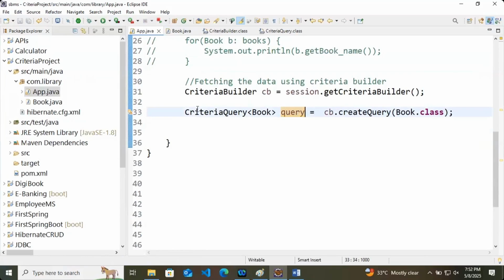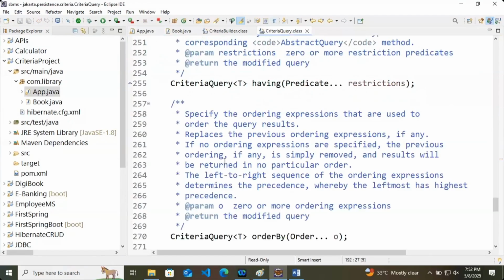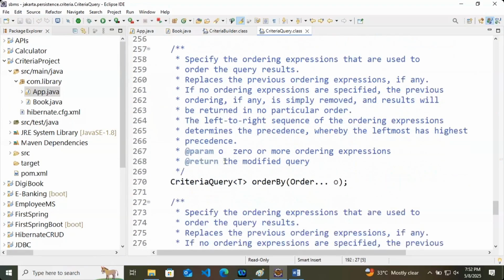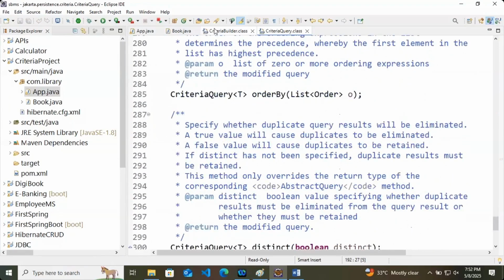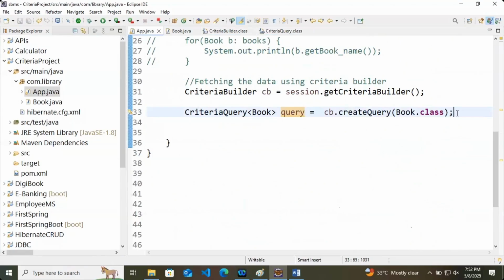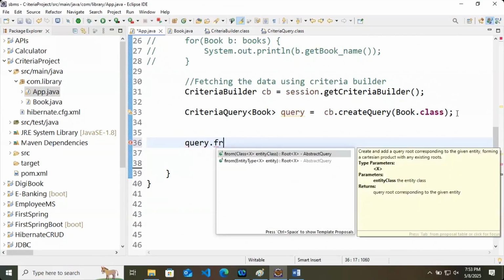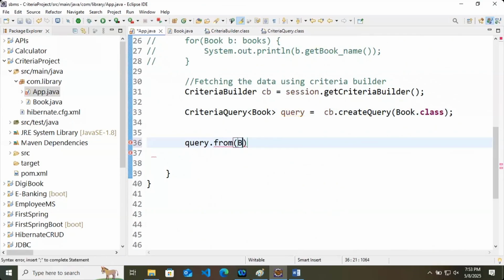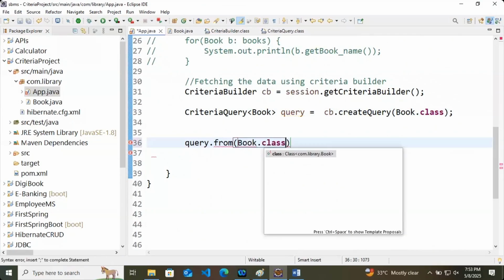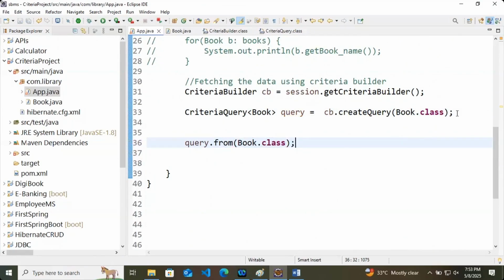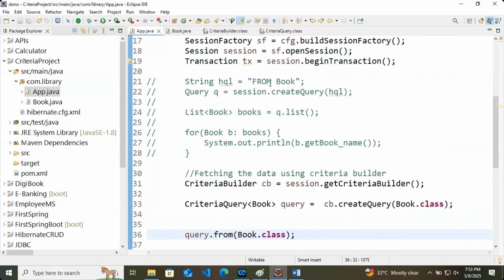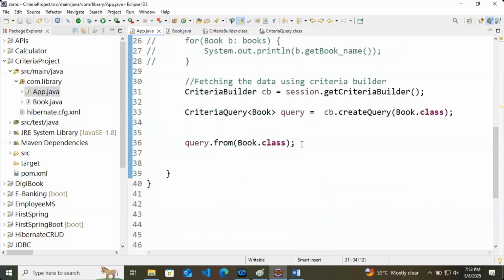And this criteria query is also having lot of methods. So I will do something like this. Query dot from book dot class. So same way we are breaking down this HQL from book, we are doing all these things.